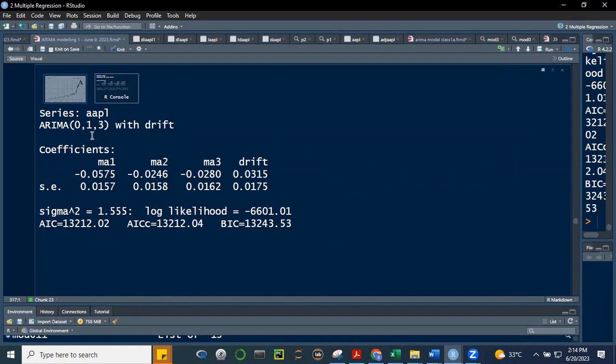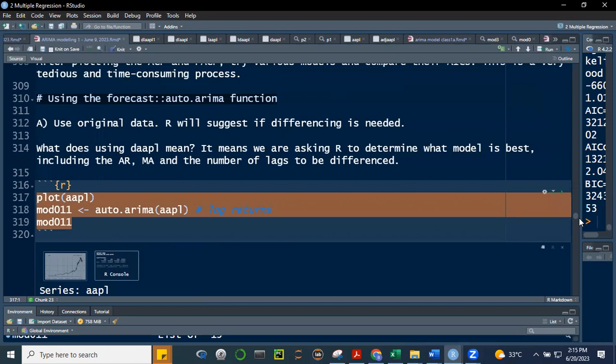013. Eh bakit 013? Kasi ang sabi niya, okay, zero component yung AR, walang AR component. Okay? Tapos 1 yung differencing. So what is this telling us? You have to difference first in AAPL kasi hindi siya pwedeng i-model without differencing. Kaya may 1 dito. At saka ang lumalabas yung 3 MA, no? So ito ibang model to, no? Where we are modeling yung dapat